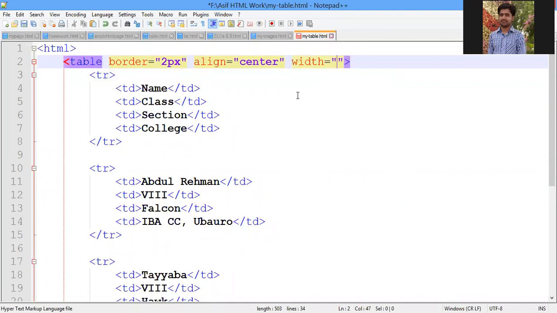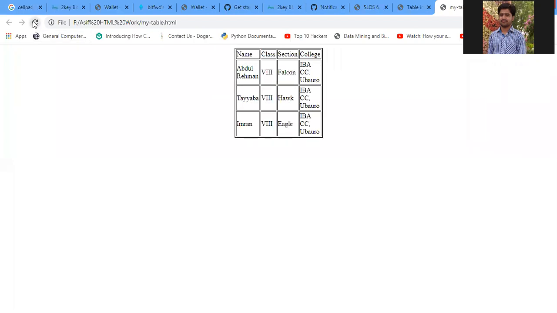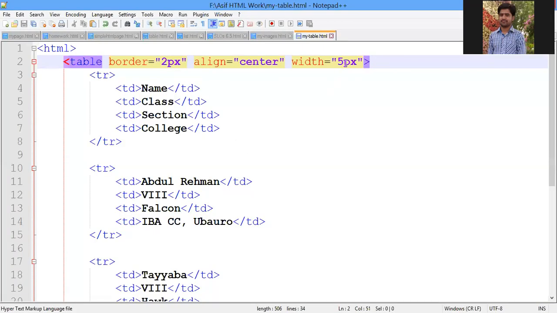Okay, so you can increase the width of the cells, just Control S. Okay, then reload your program. What happened? The width of the cells has been increased. Why? Because we have increased the width of the cells. Okay, you can also increase the width of the cells and also you can decrease the width of the cells. Okay, so just here I am decreasing. Sir. Control S.